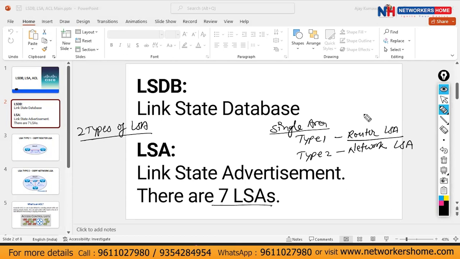The router LSA is generated by all the routers in an area. While the network LSA is generated only by your DR. And these LSAs are forwarded within an area only. They are not going outside the area. So in a DR-BDR concept, if I give the command show IP OSPF database on all the routers,